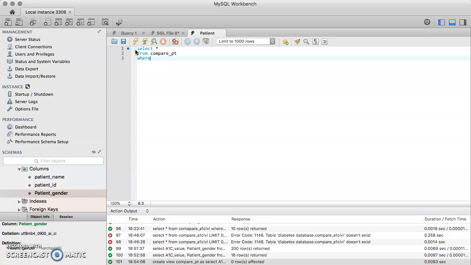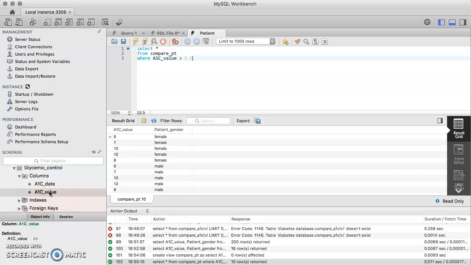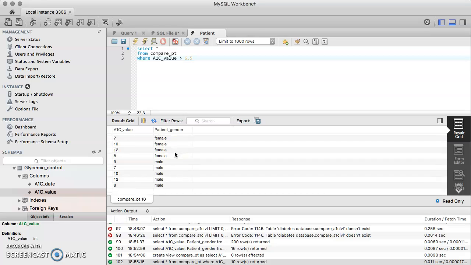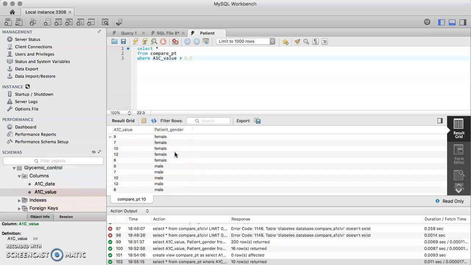where A1C value is greater than 6.5. Let's run this statement. By running this statement, you can tell that every patient that has an A1C of 6.5 or higher will